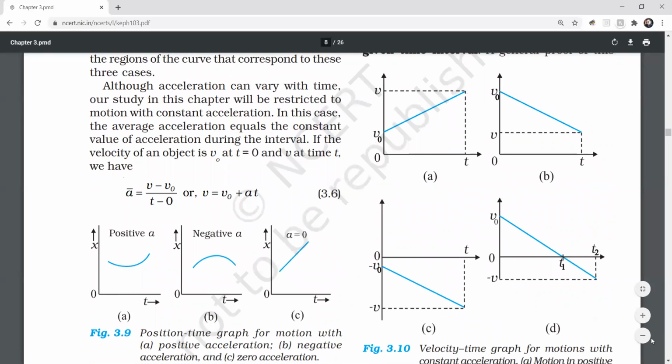So there is some upward in the first one, there is a downward graph in the second one, and you see that in zero it is uniform. Now, can you tell me why in zero it is uniform? Because whatever velocity has been achieved before the acceleration point that we had taken into consideration, that velocity will remain uniform. You need to understand this.